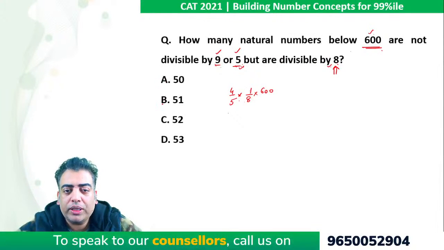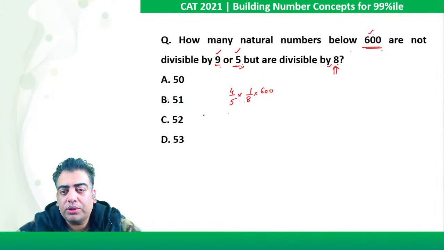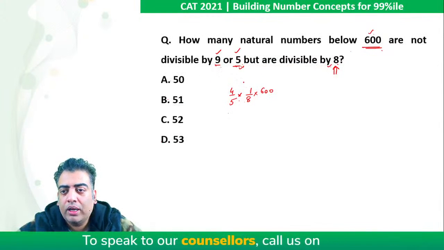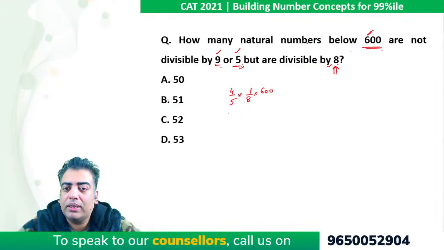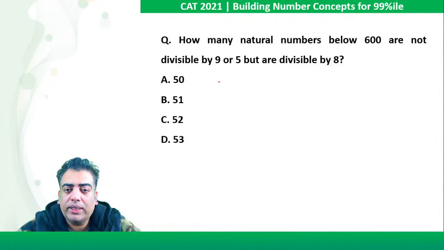But here the options are very close. So in these kinds of cases, it is always advisable to solve the question thoroughly. Alright. So if I use hit and trial here, that will not work. Had it been that the number is a multiple of all three, then we can definitely use this rule. Right. So now in order to solve it, first of all, out of these 600 numbers, let's talk about the